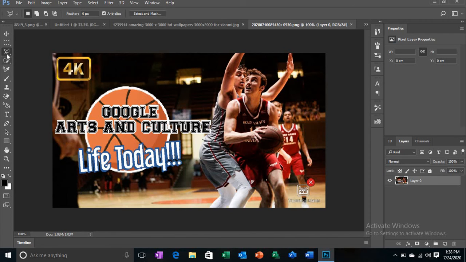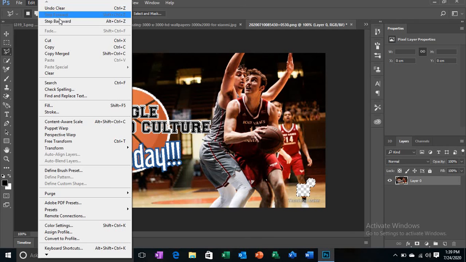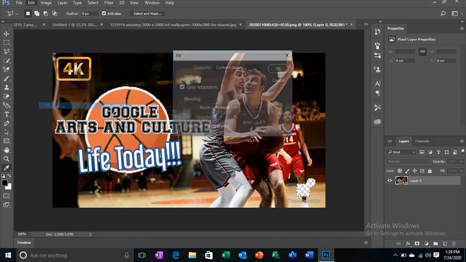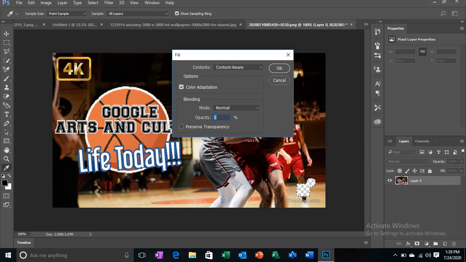So I want to remove this app by this rectangular lasso, and that would be a very difficult job, and just the thumbnail would be removed by this thing, but there would be a white thing. So we have a solution for everything, and I want to hide all these things, and I will delete it. So that was really amazing. And now here I will click on edit, and here I could fill, opacity would be 100, and preserve transparency.